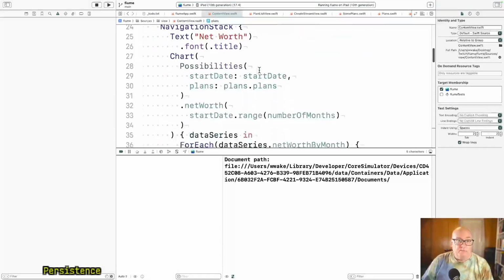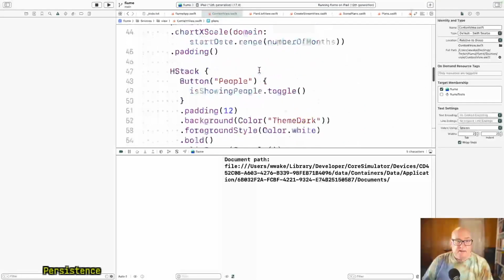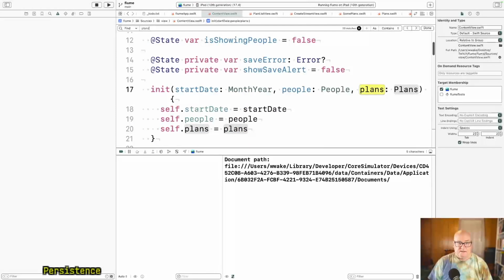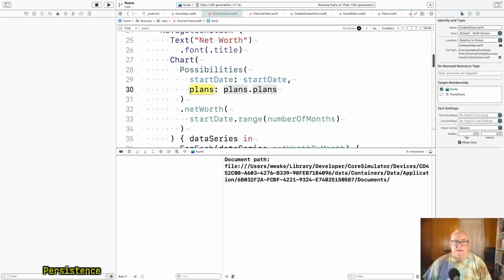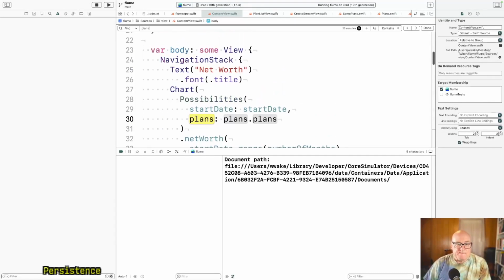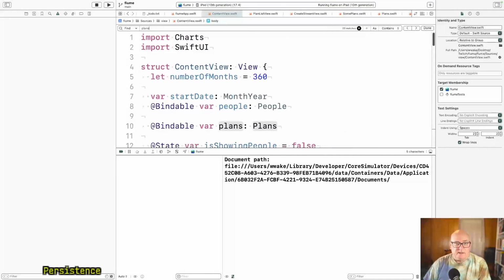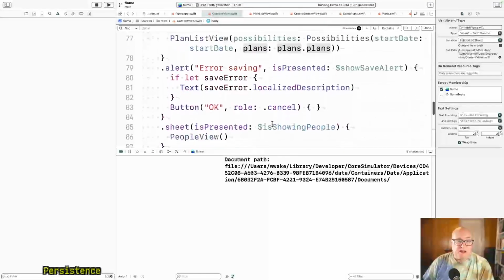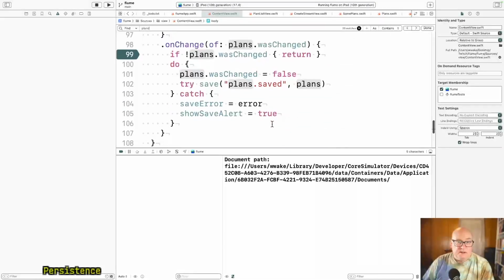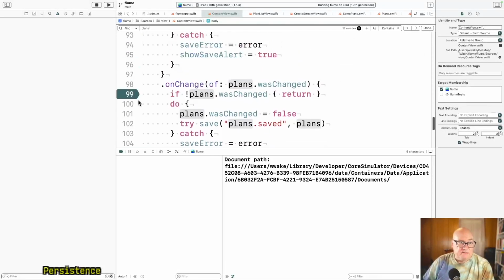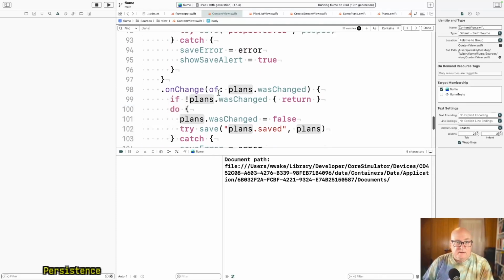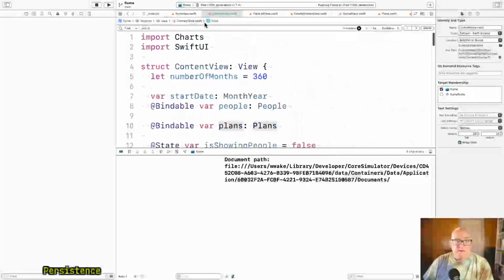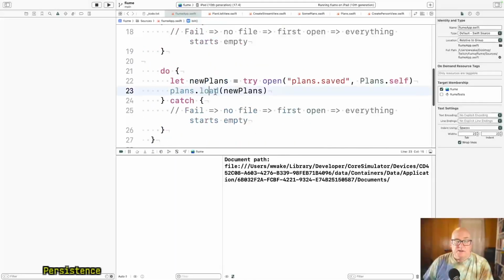Okay, now plans. Where do we do it? I think we save it, right? So we need it for that. Plans. Yeah, we need plans. Okay. That's passed in, and then it's also passed in the environment so any child can get to them. Okay. So I think that one's okay. What I'm worried about was